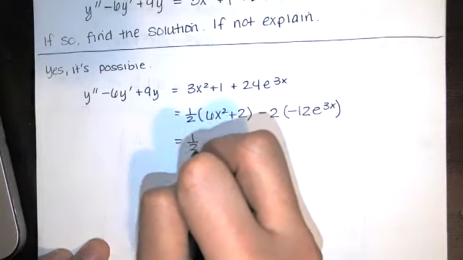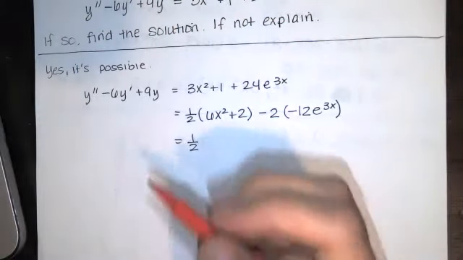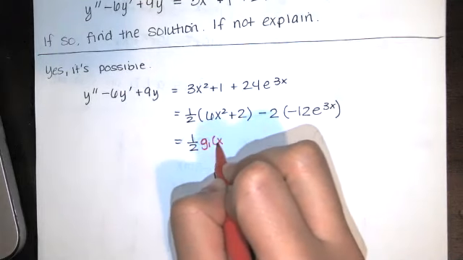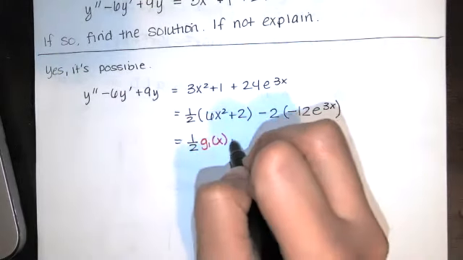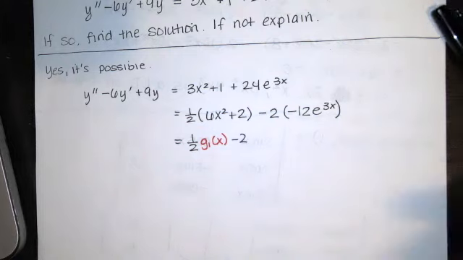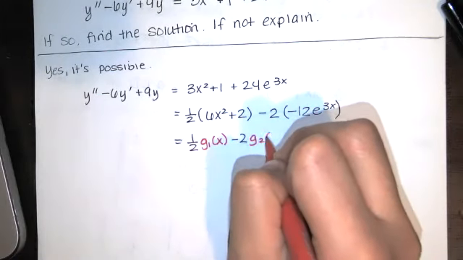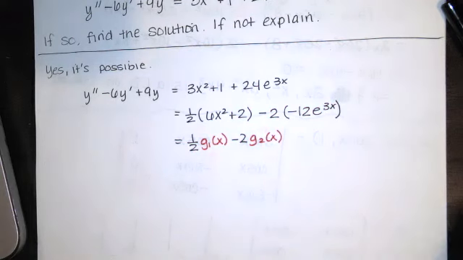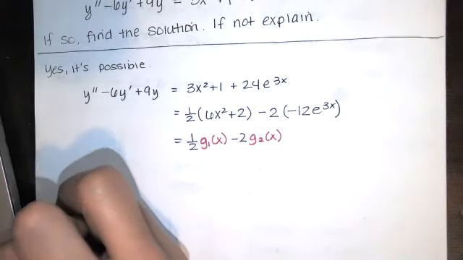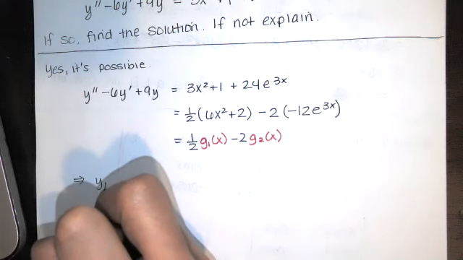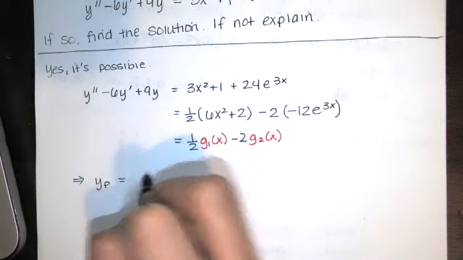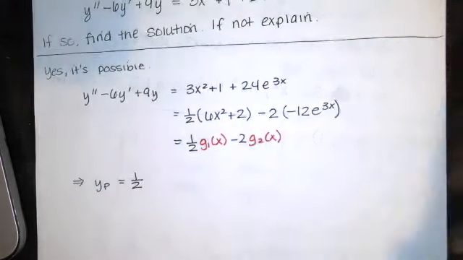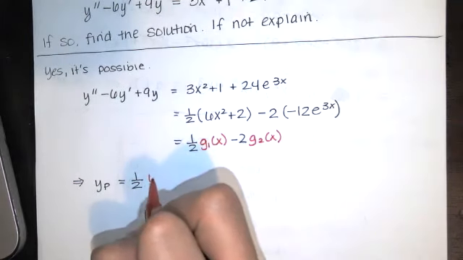That's 1/2 of g sub 1 of x minus 2 times g sub 2 of x. According to the superposition principle, that means y sub p is equal to 1/2 times y sub p sub 1,